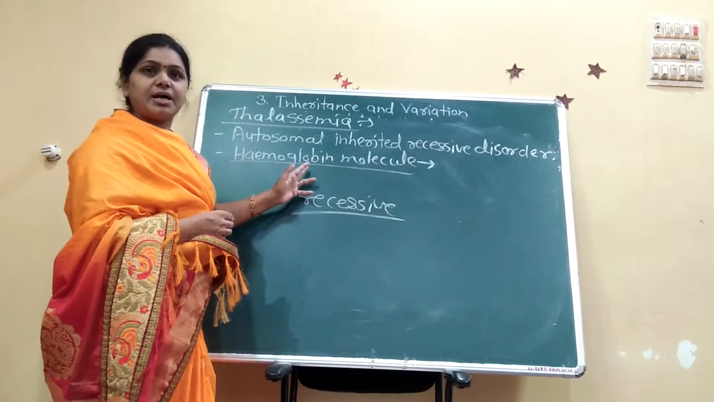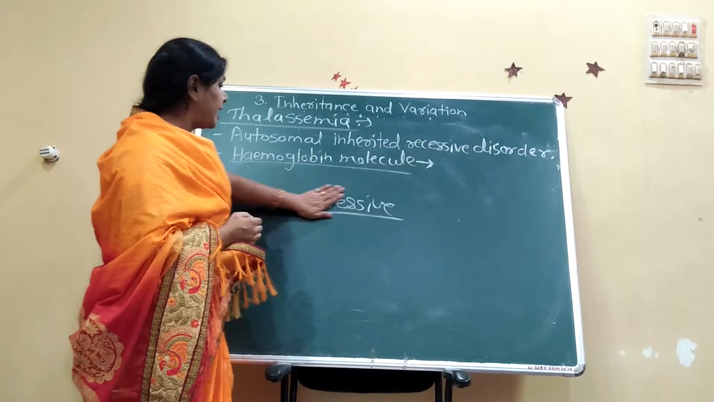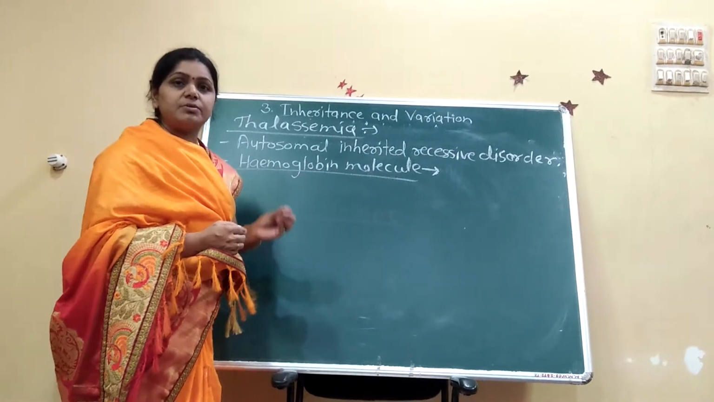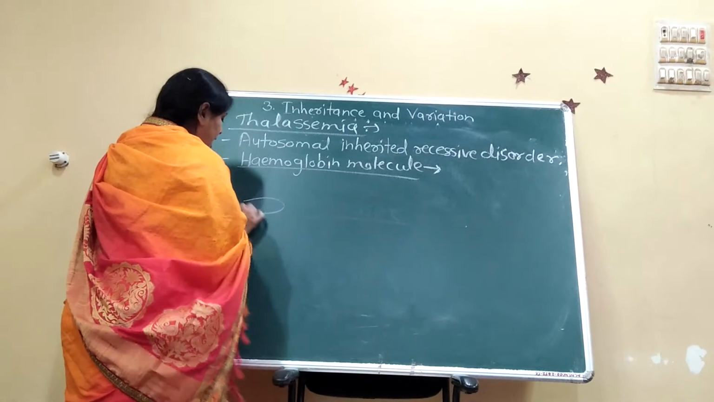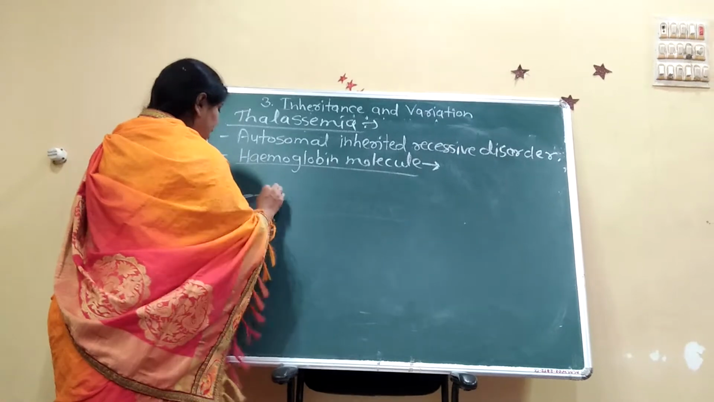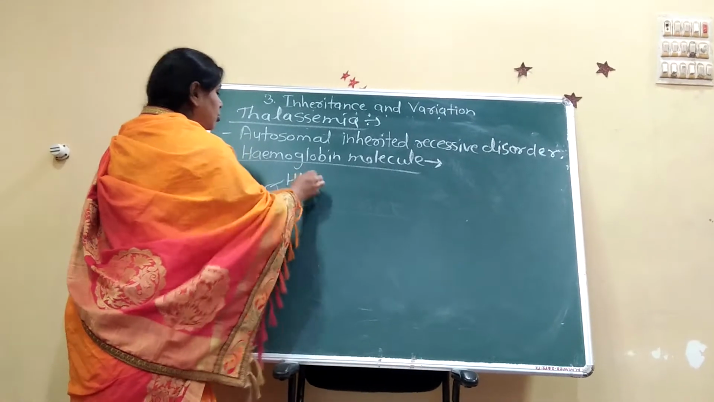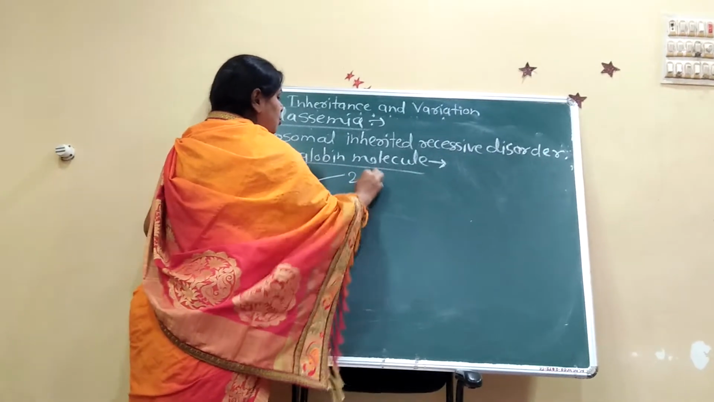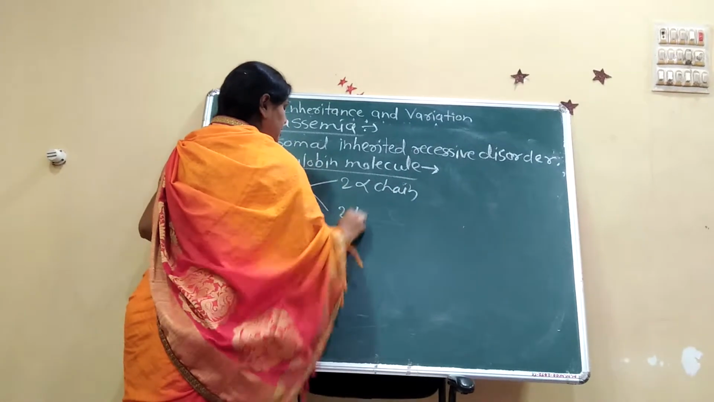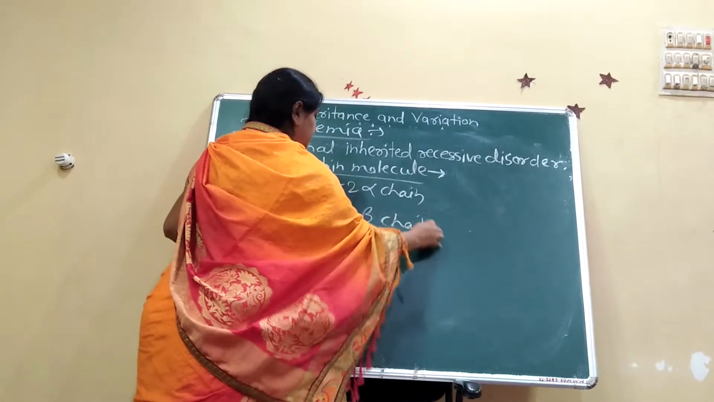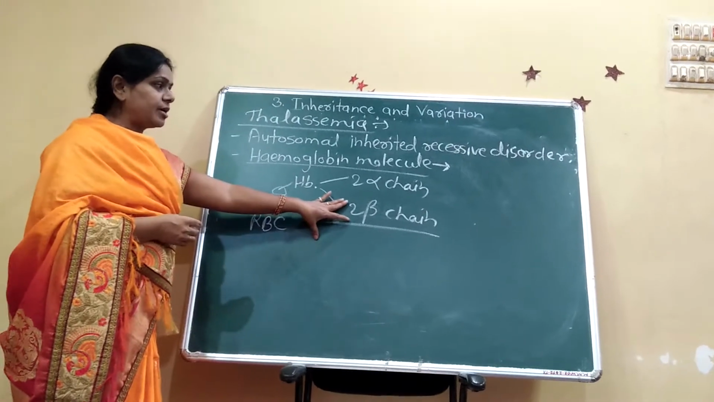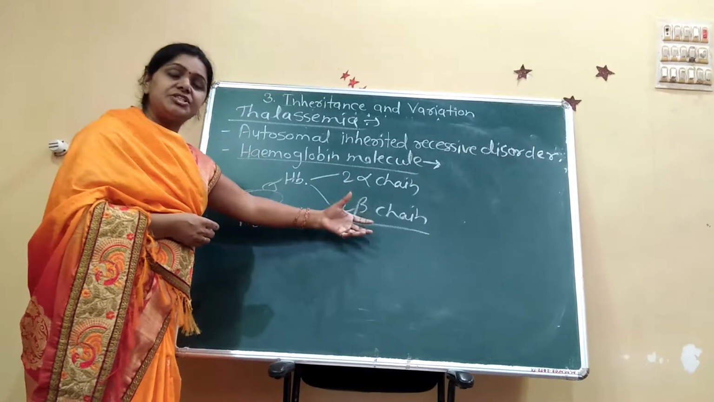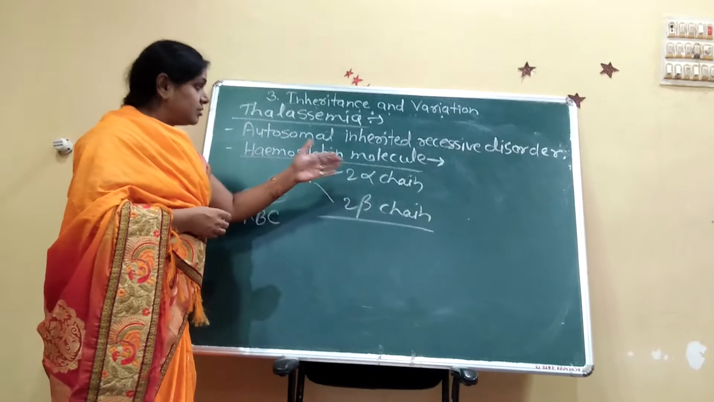We know that thalassemia is a Mendelian disorder. And in the hemoglobin chain, we know the hemoglobin molecule is made up of 4 polypeptide chains. The RBC has hemoglobin present in it, and that hemoglobin is made up of 2 alpha chains and 2 beta chains. When the defect in that chain is caused